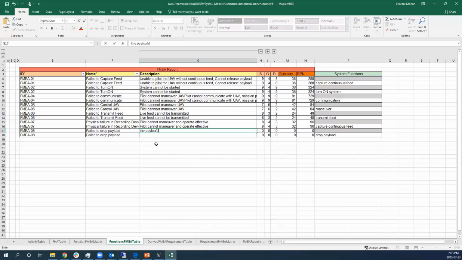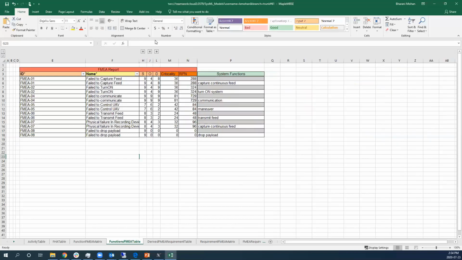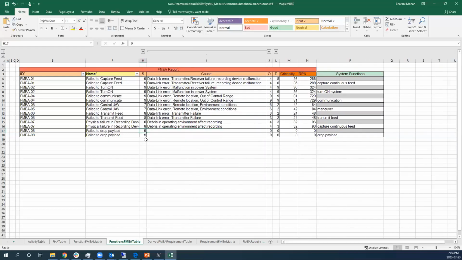So the payload here will be either some agent that is going to extinguish the fire or water. And say I'm saying that a description that the payload cannot be delivered to the desired location. And the severity is quite high because the whole mission is to put out fire, and if I'm not able to drop my payload, in this case, which is either water or the fire extinguishing agent, that's quite serious. So I'm giving it a very high number of 9, and the cost is